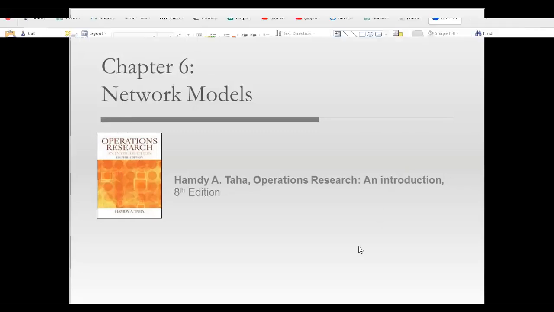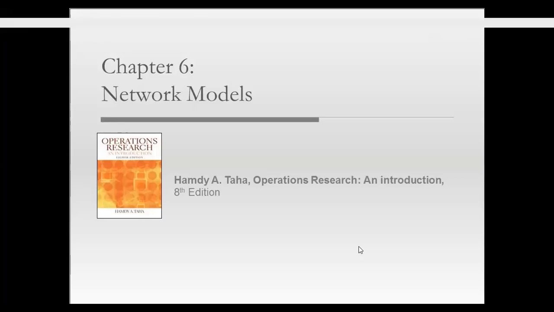And the second model is the transportation model or transportation problem, where the objective is to deliver products or items from sources to destinations. The objective is to minimize the total cost, and also to satisfy all the demands from the capacity of the sources. And today we're going to learn about network models. There will be 3 meetings on this topic.